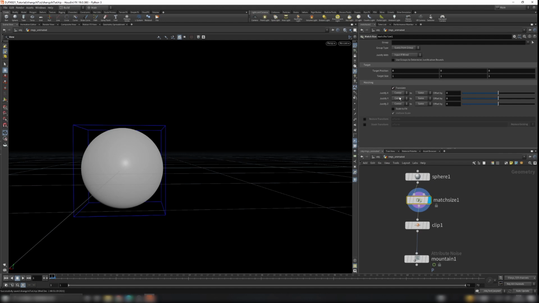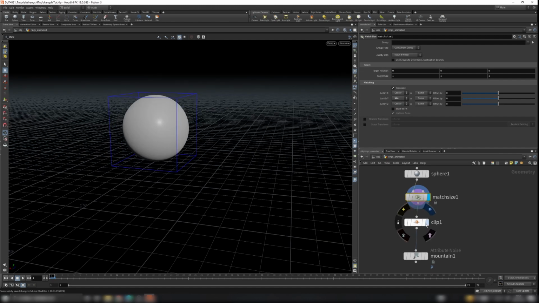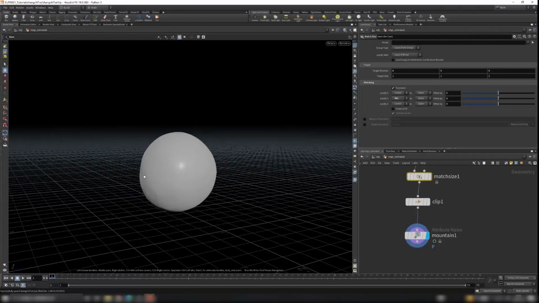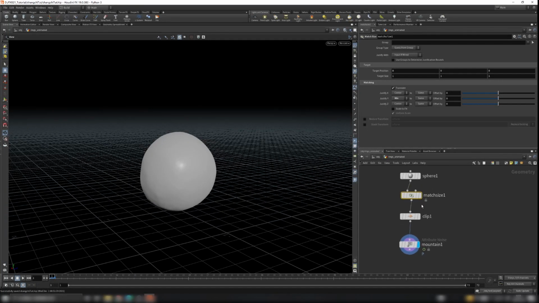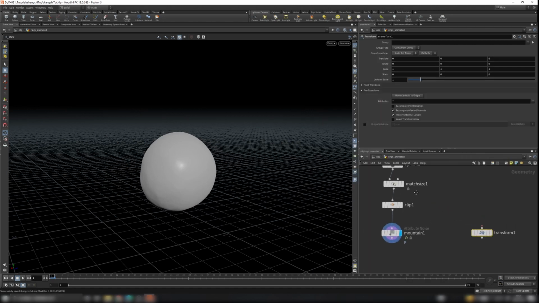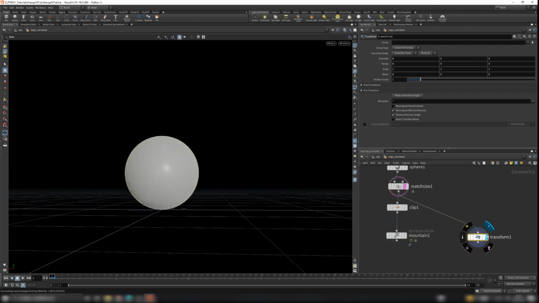And change it to minimum here, justify Y. And now you can see, yeah, it's above the ground. And now we're gonna transform this one. Put the purple view fillet on this. We're gonna template this. And we're gonna transform this one